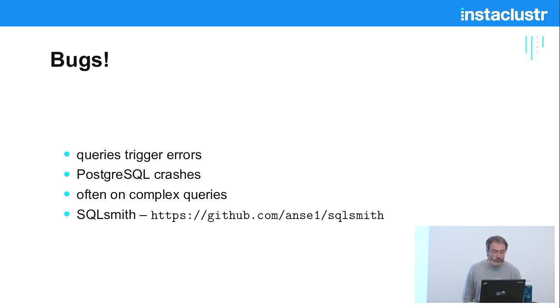And to find bugs in that area, a colleague of mine has written a tool called SQLsmith, which basically generates random SQL queries, runs them against the server to see if it can trigger any bugs in there. There's a similar tool called csmith, which can generate random C programs to trigger compiler errors, but we are now looking at the SQL side here. Just to give an idea of what SQLsmith is doing,